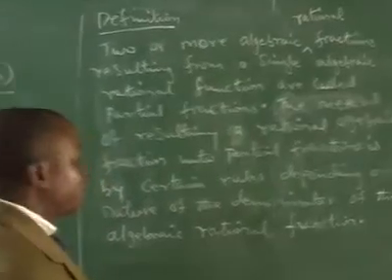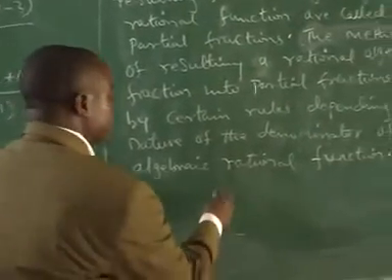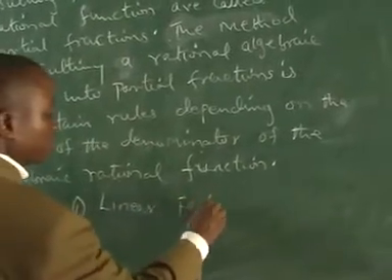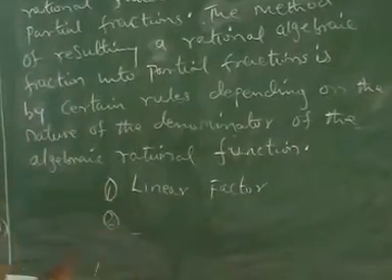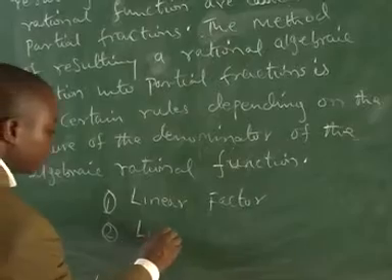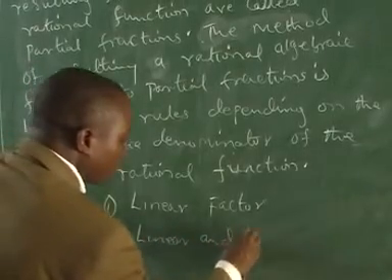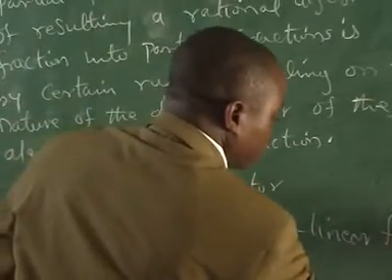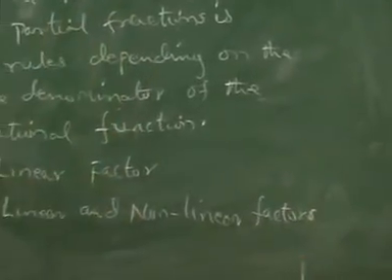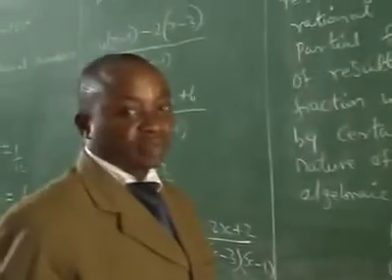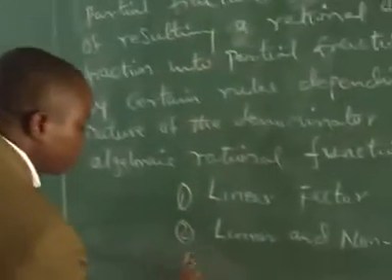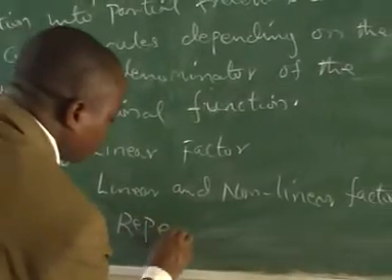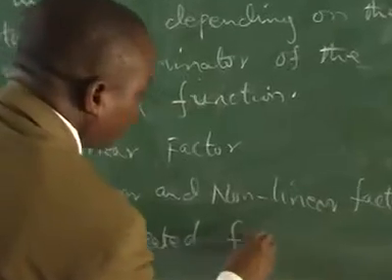Now, we have the denominator when, number one, we have linear factor. Number two, when we have linear and non-linear factors at the denominator, we use another pattern for that. Another one, when we have repeated factor at the denominator,